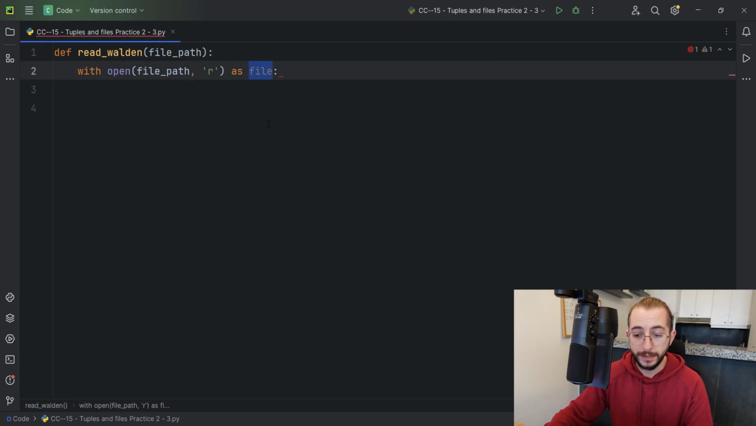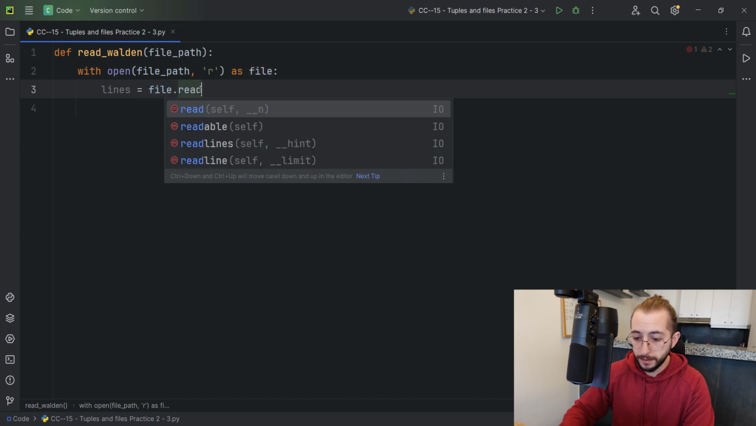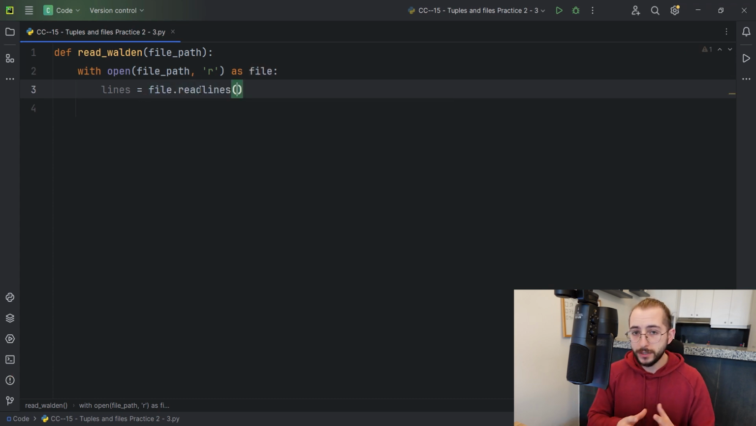Some people like to call it F. I like to call it file, keeping things a bit more understandable. Now in here, we want to extract all the different lines from Walden. So I'm going to say that the lines are equal to file.readLines. What this readLines does is it reads each line and then sets it as a string in a